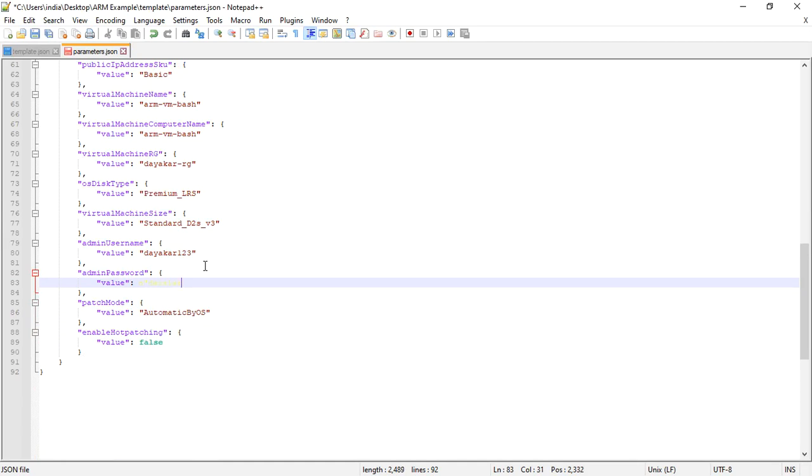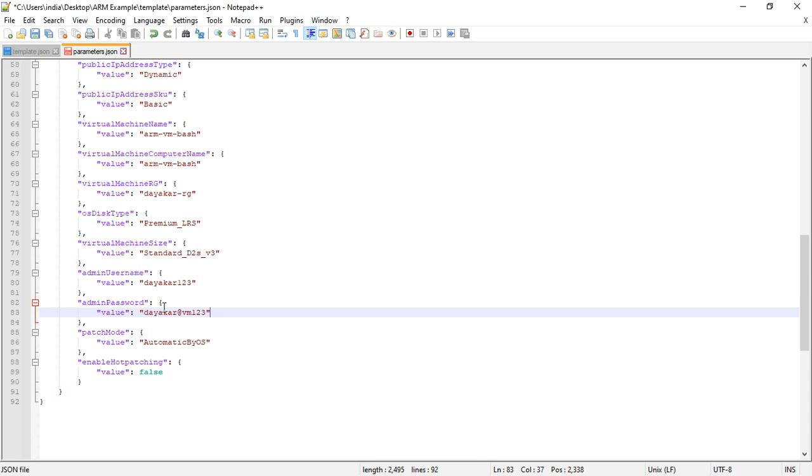I have given dayakar@VM123. This was the password I have given during the creation of the virtual machine. That's why I spelled it, because we need to give the value for the password here.